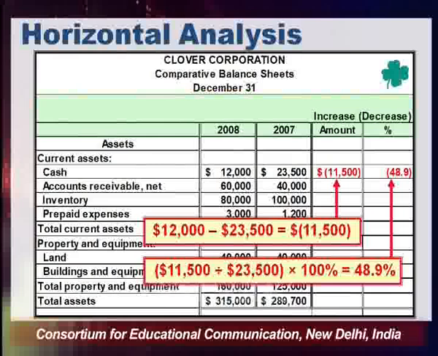So if you look at this example in front of you, Clover Corporation, right? So certain data sets are there. This is how we present the comparative analysis or horizontal analysis. So this is the best format of expression. So in this table, the first column tells about either the assets or liabilities if we are taking the balance sheet. If we have taken the data from the income statement, then the first column will talk about the statement of profit and loss, right?